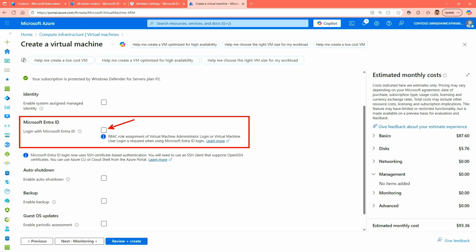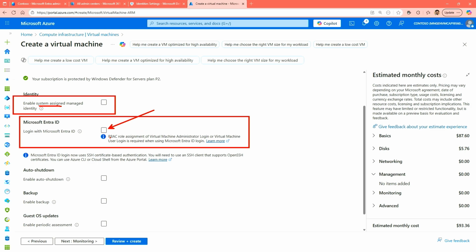And I'll be like, yeah, why not? I don't want to use username and password for this machine as a local admin. I want to do that. Now, if I tick this box, the system forces me to tick that box right above as well, which is, hey, we need to assign this resource a managed identity. Without the identity, Entra doesn't know what this resource is, like I explained earlier on. So it will automatically choose to assign one. Now, we could assign our own identity to this later, but to start, it needs to do that.